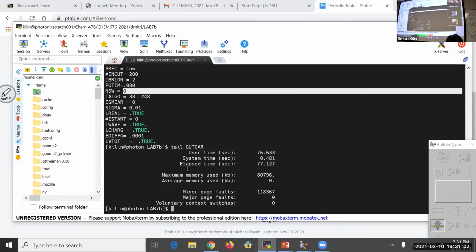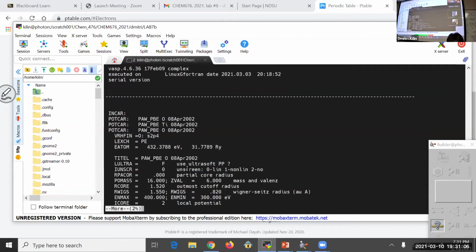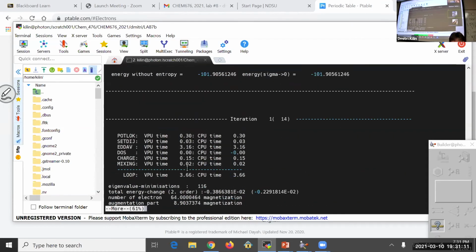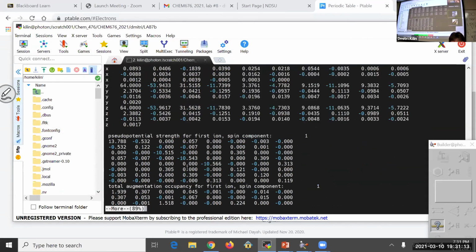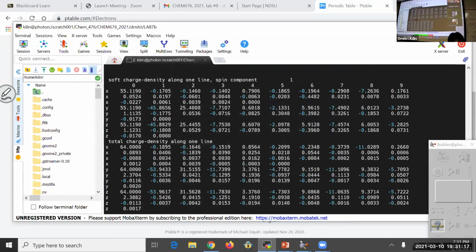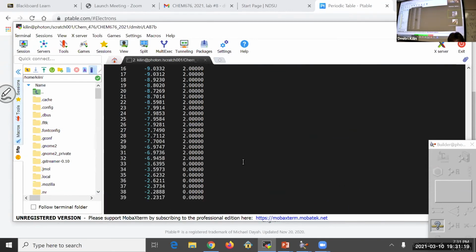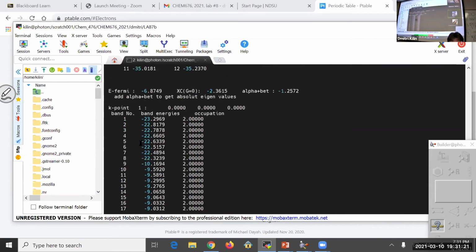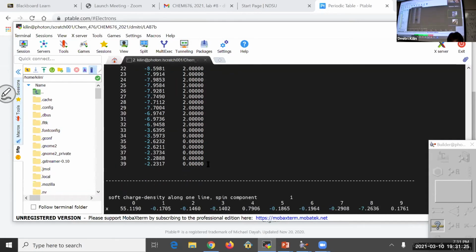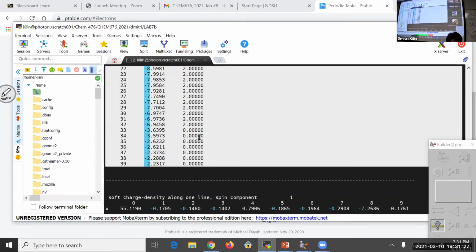OUTCAR, successful OUTCAR. If I do this OUTCAR that corresponds to single point, or for geometry optimization at the end, I will, again, I'm scrolling. At the end, there will be a list of orbitals. So I do need a file that contains this list of orbitals, and I can do it in several ways. First, I can just copy,